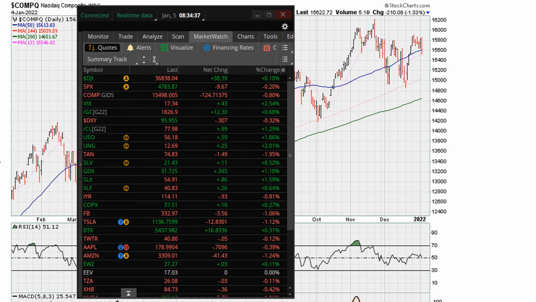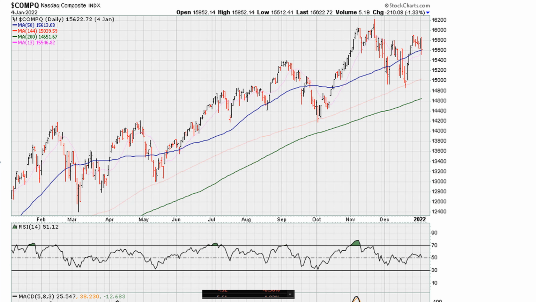January 5th, 2022. This is how markets are opening up, and I want to just discuss one aspect that is taking place right now, which is on the daily for the NASDAQ. The NASDAQ right now is down about 0.8%, and if we take a look at where the NASDAQ closed yesterday on its daily, we see that the NASDAQ closed with its daily RSI at 51.12-ish. So let's call it 51.